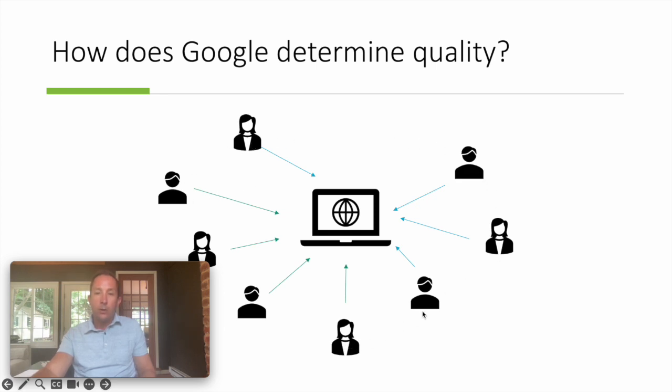And these website owners have pages, and they have links on those pages, and those links are actually pointing back to your website. So the way Google looks at this is they look at this as votes, right? So if all of these people are saying, hey, this is a great resource on the internet for this particular topic, then Google says, well, if everyone else is saying this is quality, then we should think this is quality as well. And so we're going to rank this ahead of other similar content that maybe doesn't have as many